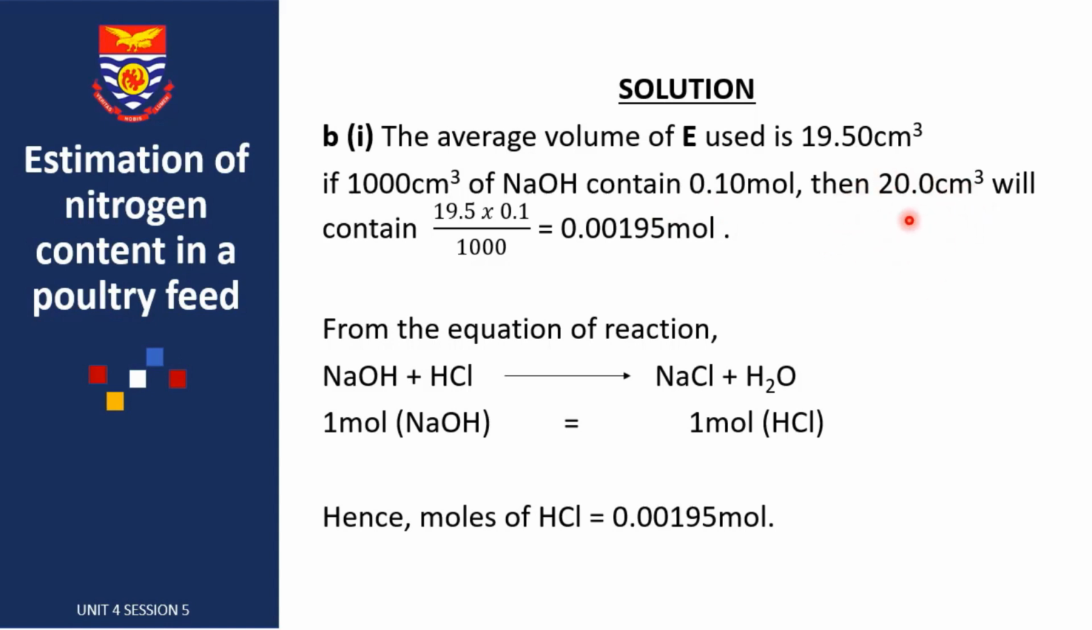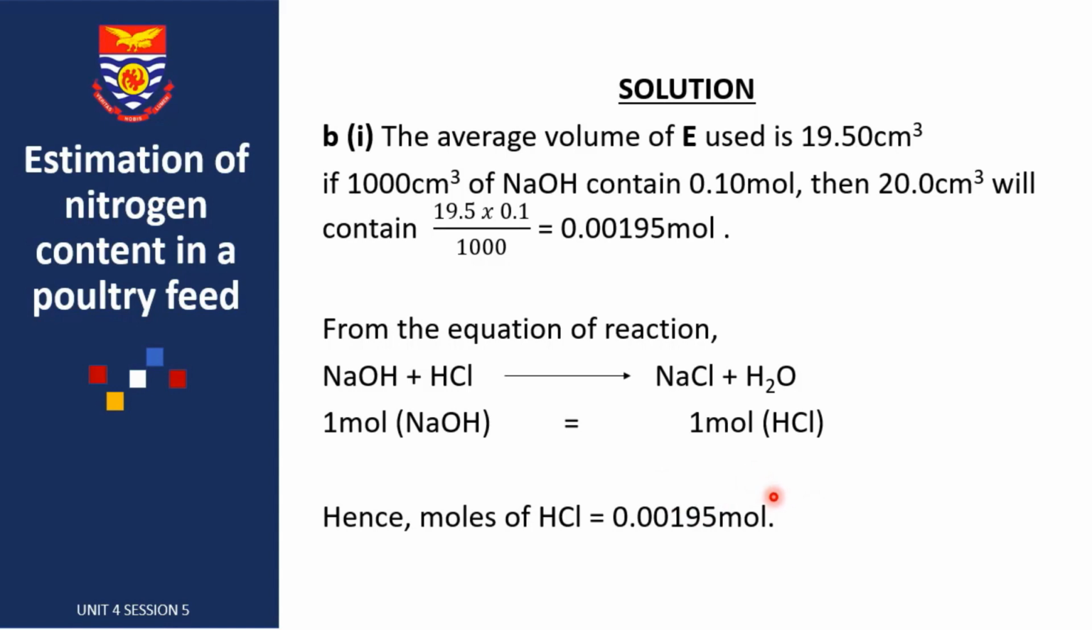0.00195. So we proceed to look at the equation of reaction between the sodium hydroxide and the hydrochloric acid. Okay, take note, it is this volume here, 19.5, that reacted with the small volume of the acid. In our mole ratio, we have 1 mole of sodium hydroxide reacting with 1 mole of HCl. If the mole ratio is 1:1, then moles of sodium hydroxide is equivalent to moles of hydrochloric acid. Hence, the moles of hydrochloric acid is